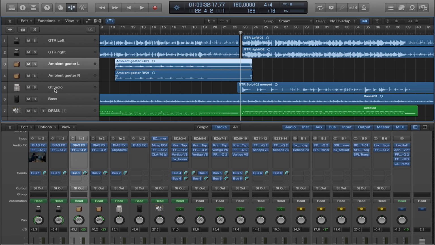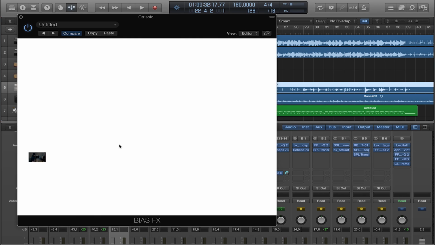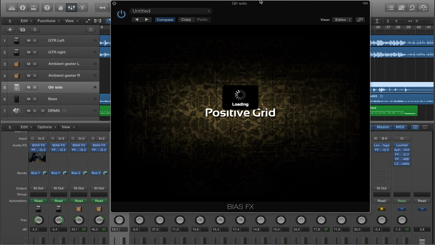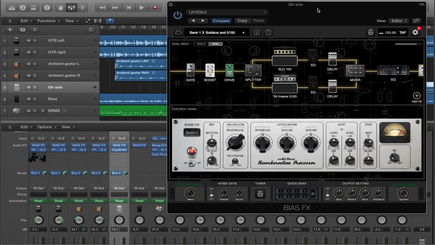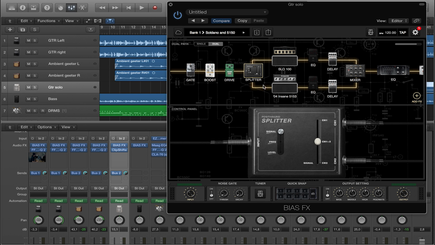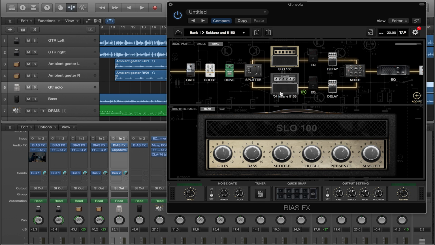The guitar solo, I tried not to do too much with it as well. Tried not to use Mesa Boogie again. I used a clip shifter after, which kind of helped it sit on top of everything. So I have the same thing: gate into a boost into the drive. It sounded good. The stereo box splits left and right because obviously I want my lead guitar kind of down